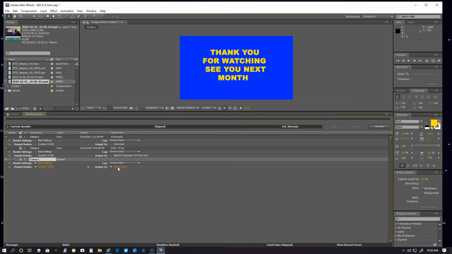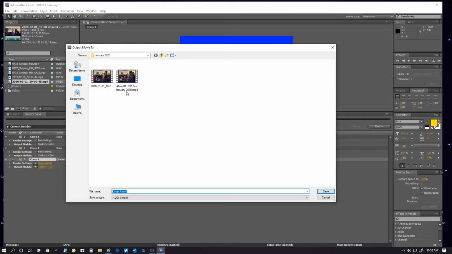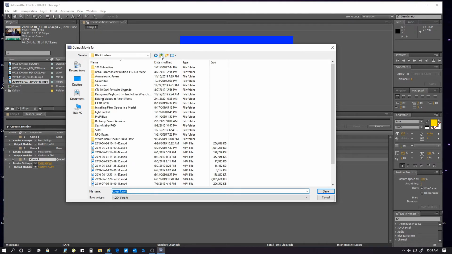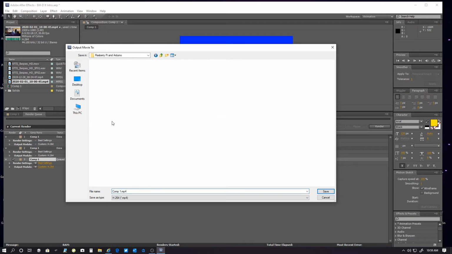Then you go over here, it says output 2, you click on this, and this is where you'll actually name your file. So we're going to go to the same directory that we're working in right now, which is Raspberry Pi and Arduino, and that's where the directory will save it,